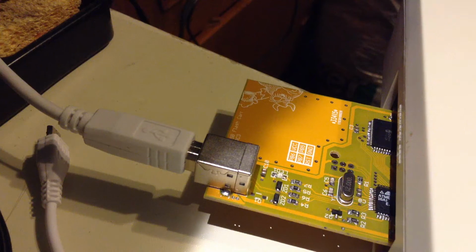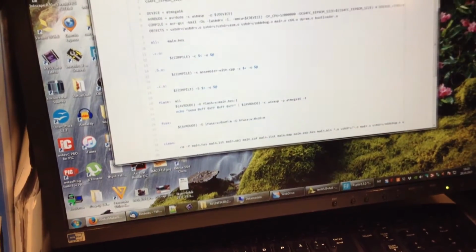So I asked him, is this software free? And I asked him some other stuff. Yes, everything, hardware and software, is released under GPL version 3, and everything that's needed to build it is on GitHub: the Eagle files for the hardware, firmware, bootloader, and PC software. Currently it's for Mac and Linux. But from this point on, I think I'll be just playing around with the